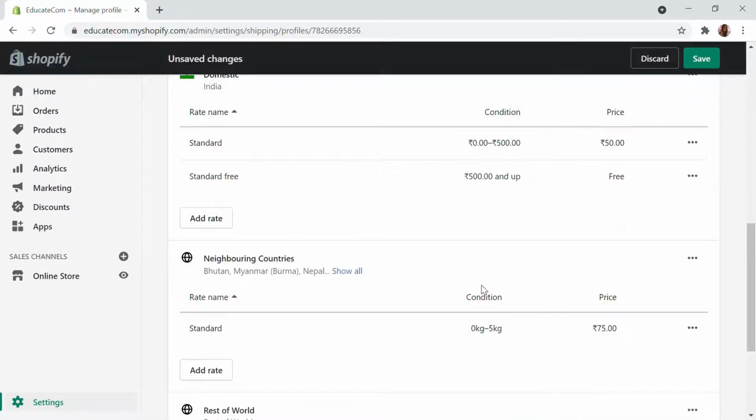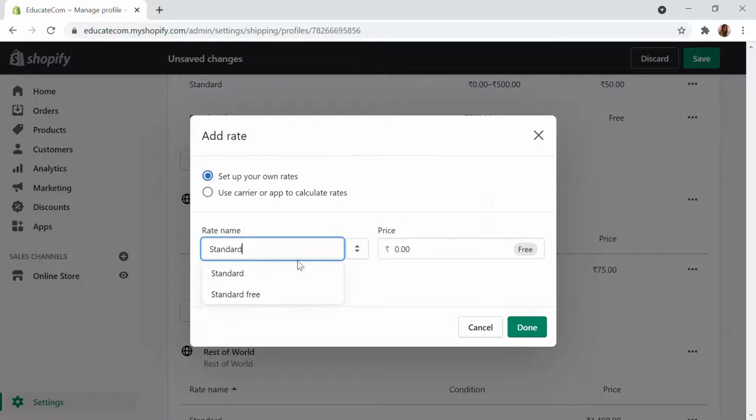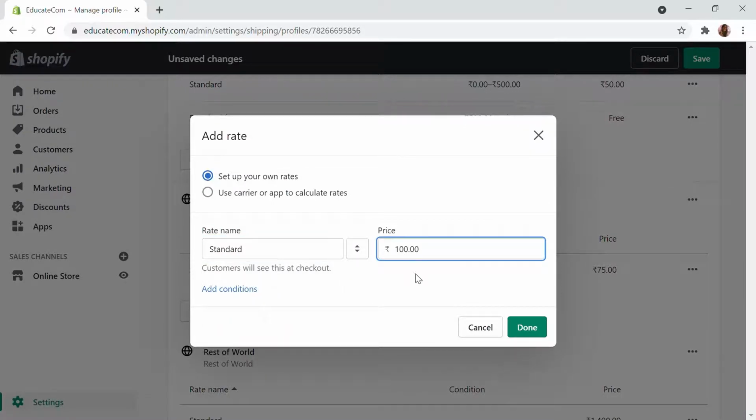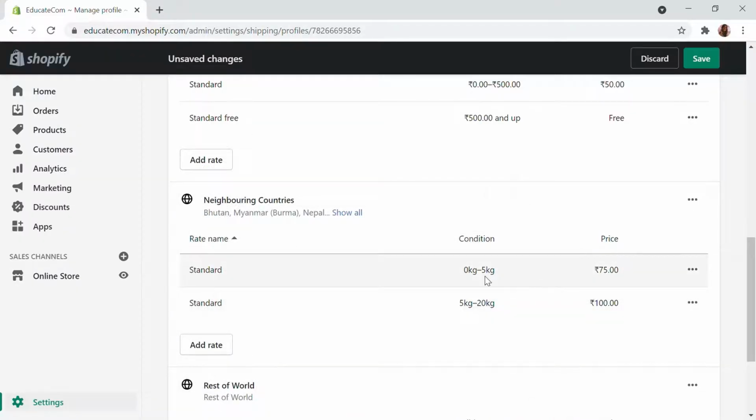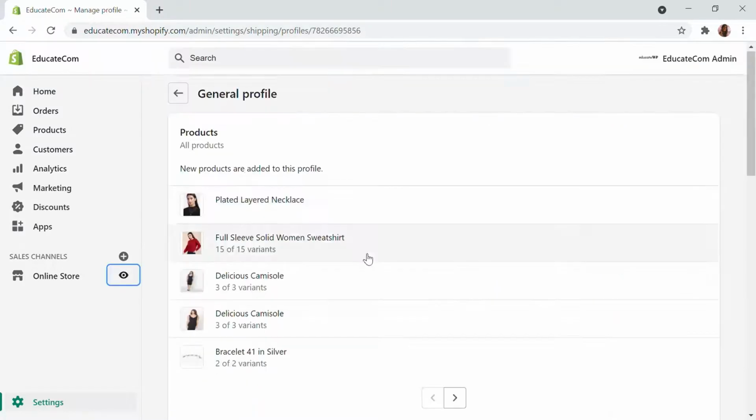Next, I'm going to give another shipping rate, and this will be 100 rupees. So this will be again for the condition. So here again between the kilo of 5 to 20, I'm going to charge 100. So that's one condition. So you can either choose price and also kilograms. For the kilogram option, you can go to the product section, and when you're adding a product, there will be a shipping part, and also you can add those prices at that point. So if I just save, this is one shipping zone. So here we have added a shipping zone, and also we have learned how you can add rates.